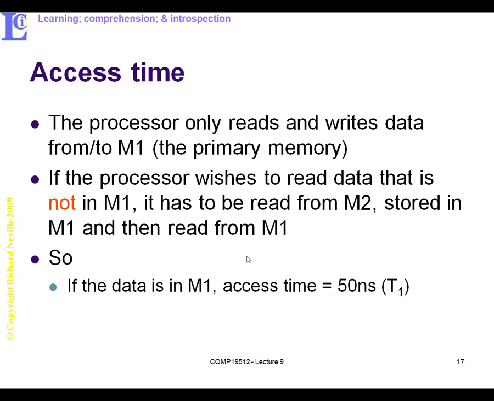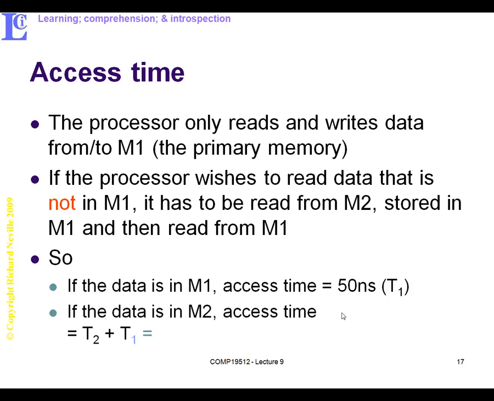Well, let's recap. M1 had an access time of 50 nanoseconds, and that was called T1, which is relatively fast. But M2 is slow, and that's T2. So T2 is 5 milliseconds, much slower than 50 nanoseconds. So if we get the time to go through and access via T1 to T2, we have to add 50 nanoseconds plus the 5 milliseconds for the